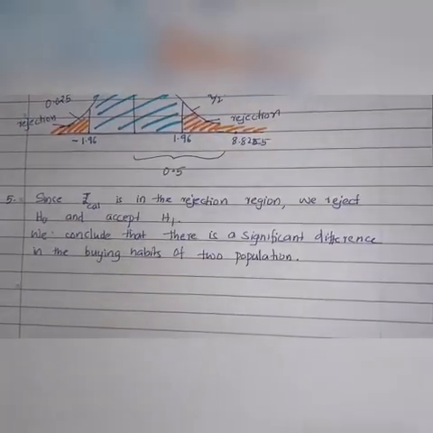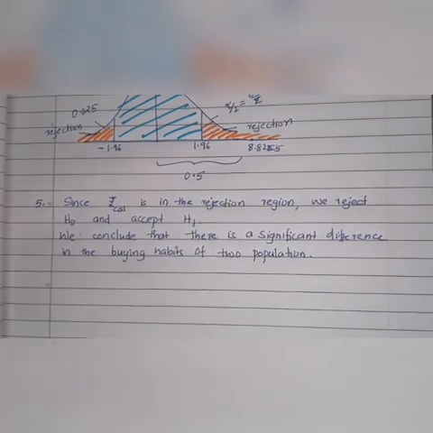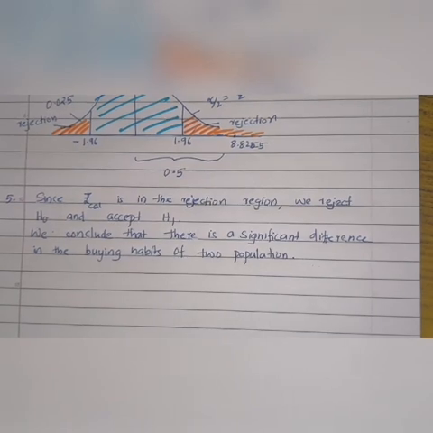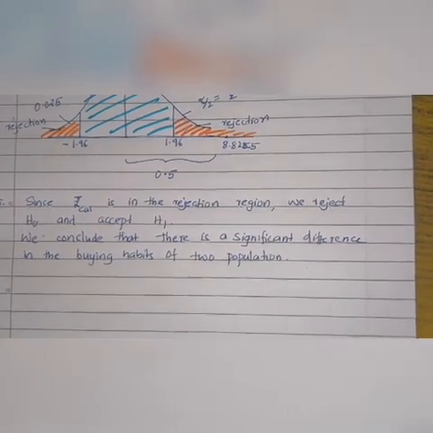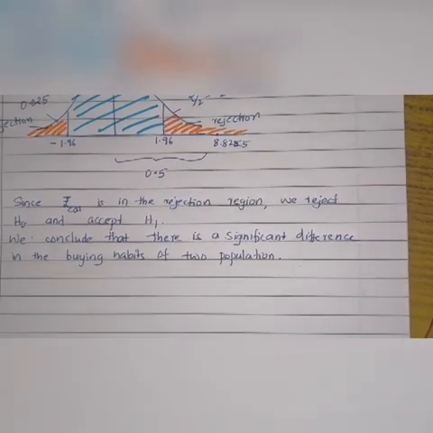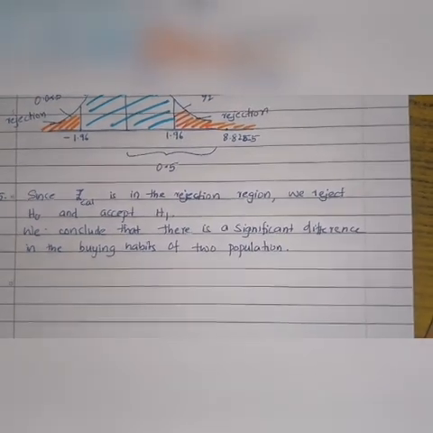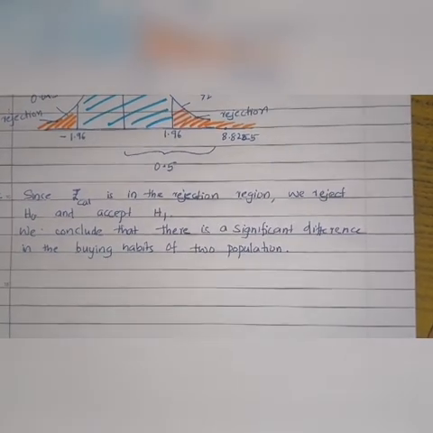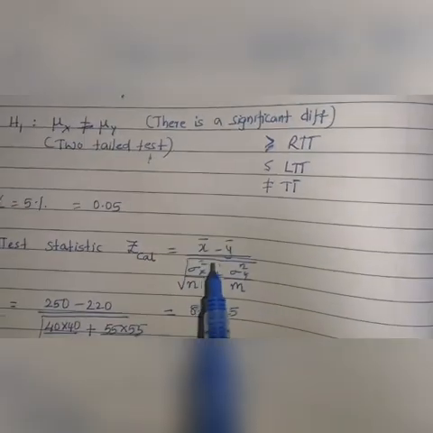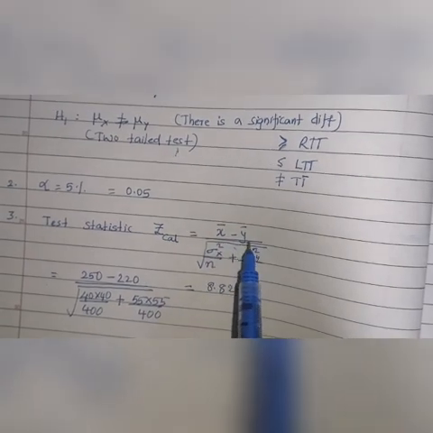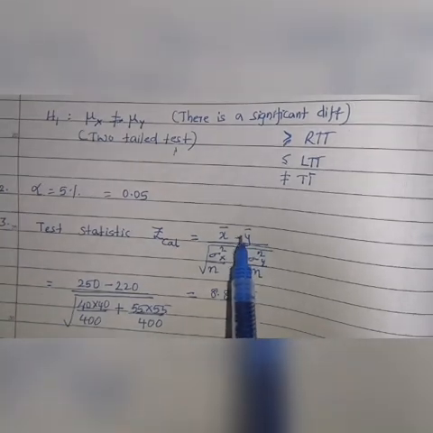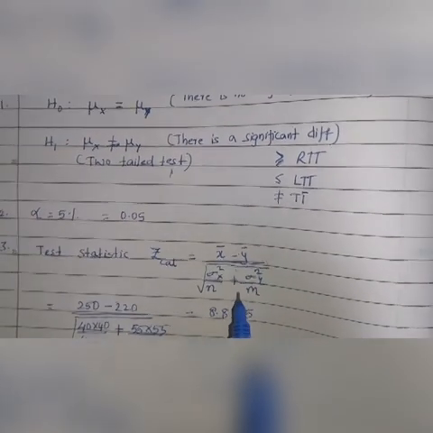So this is how you test the hypothesis for two means. In the previous video we have seen testing the hypothesis for one mean, large sample, and in this session we have seen testing the hypothesis for two means, large sample. Two means could also be called the difference between the means. We are checking the difference between the means here. If you see in the numerator, we are checking the difference between the means, x bar minus y bar. We have two sample means and we are checking the difference. So that is why we could also call it the test for checking the difference between the means.